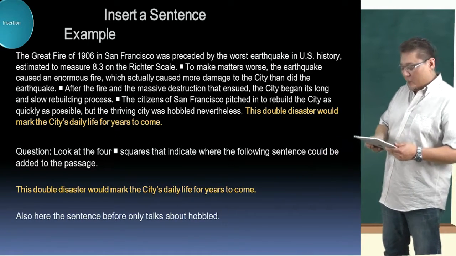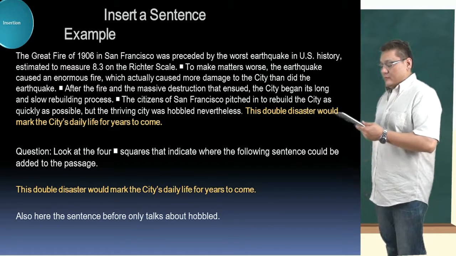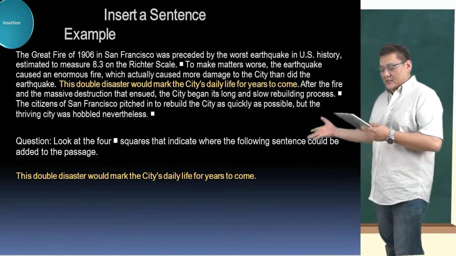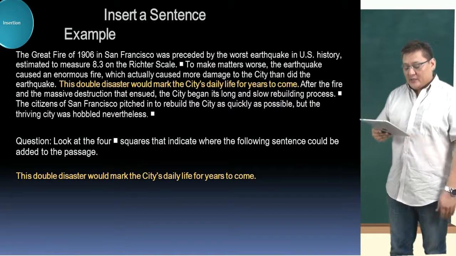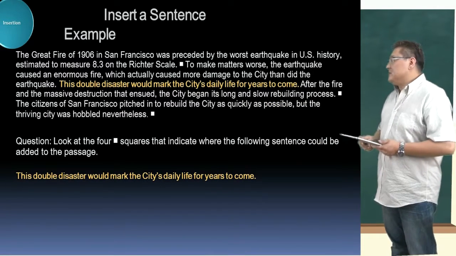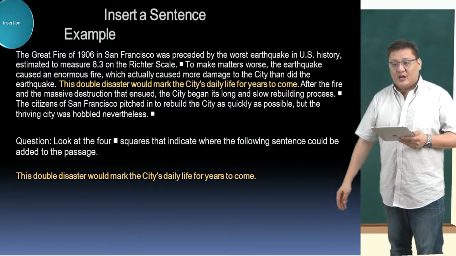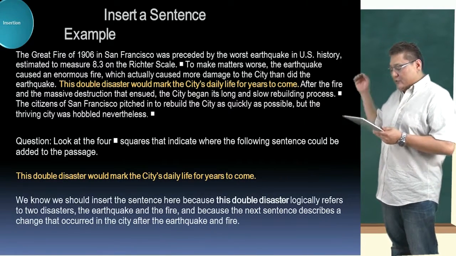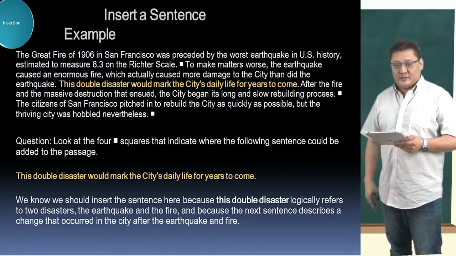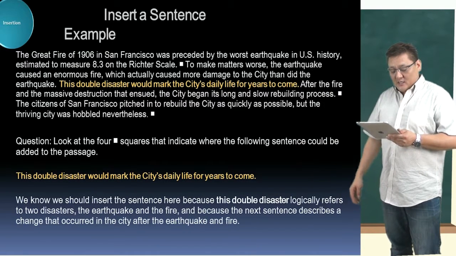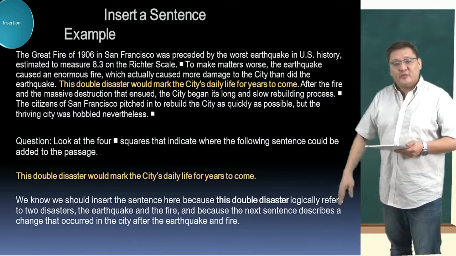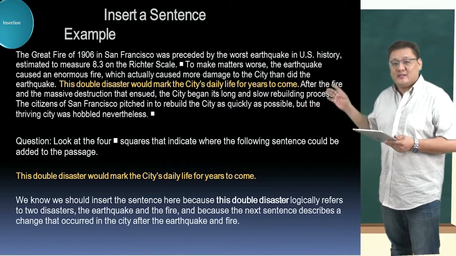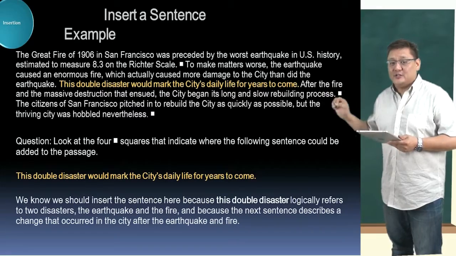So everyone, where do you think the answer is? Boom. Right there. Right? So it makes complete sense. Why does it make sense? Now, you have to think that the double disaster is logistical, logical. Okay? And you have to refer to the two disasters, right? So basically the fire and the earthquake were the two of them, right? So this is the type of question that it actually should fall into.